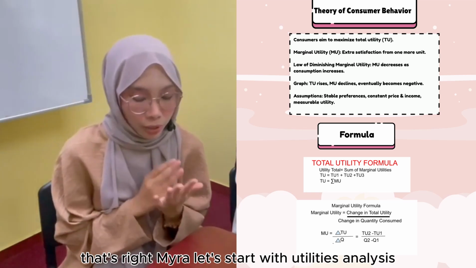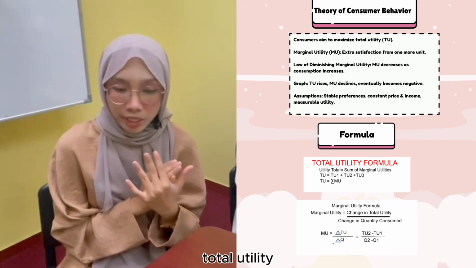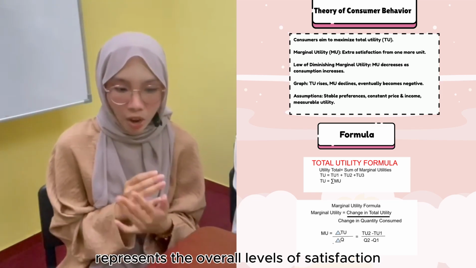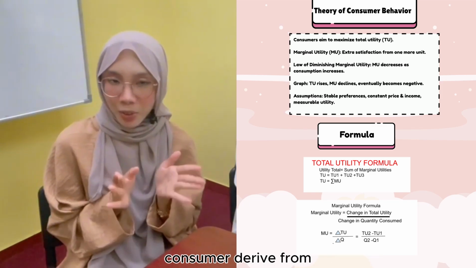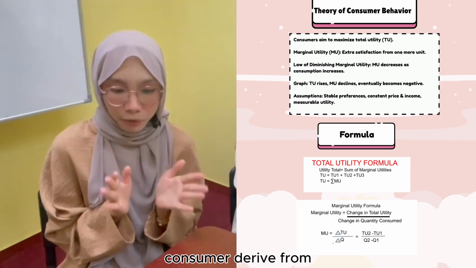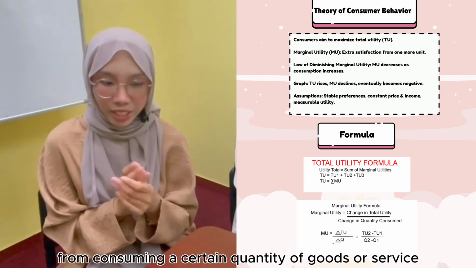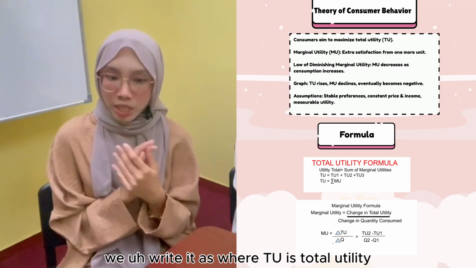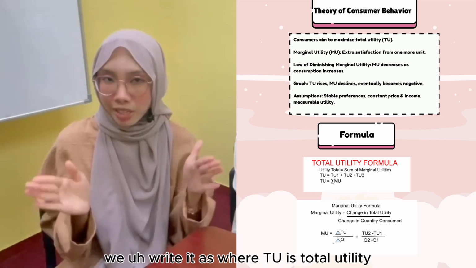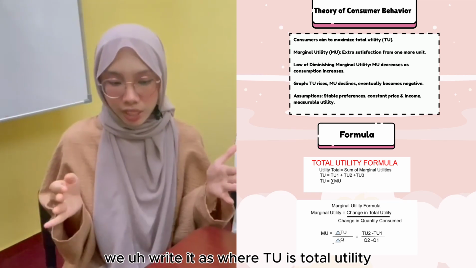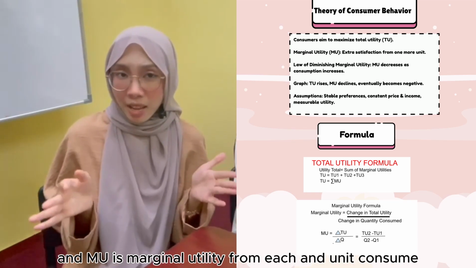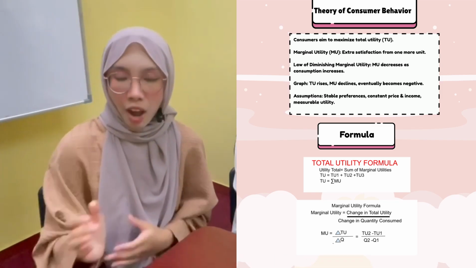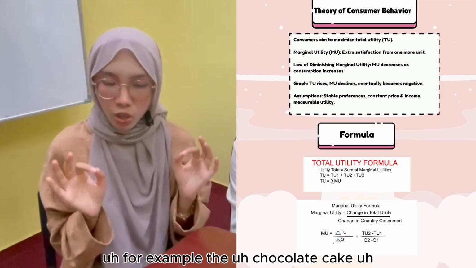Let's start with utilities analysis. Total utility represents the overall level of satisfaction or benefit that a consumer derives from consuming a certain quantity of goods or services. Mathematically, we write it as TU equals the sum of MU, where TU is total utility and MU is marginal utility from each unit consumed. For example, the chocolate cake,